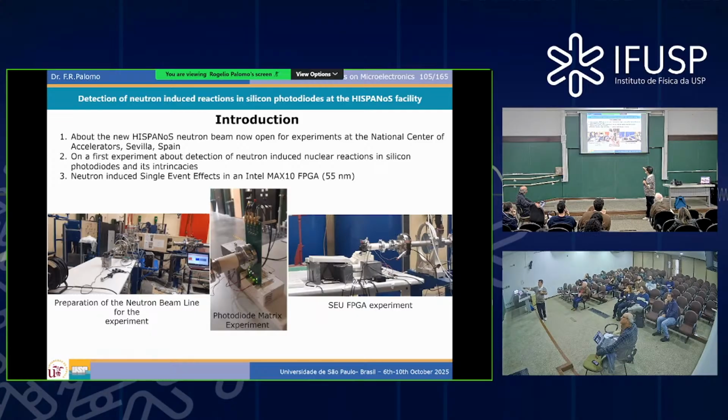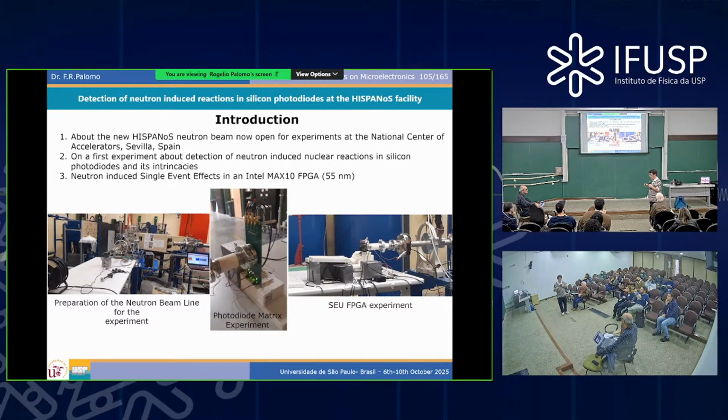We are shooting deuterons through the pipeline towards a PCB with photodiodes and exactly the same beam, but now using an FPGA because we combine in the same week